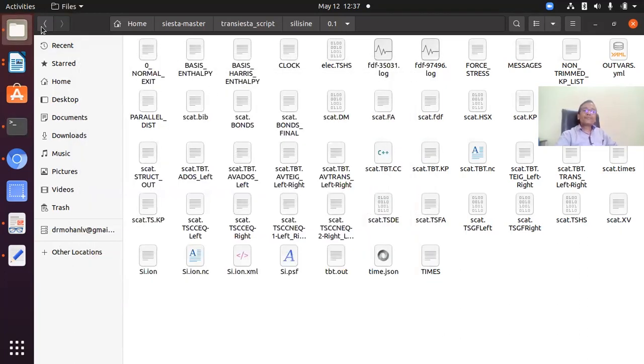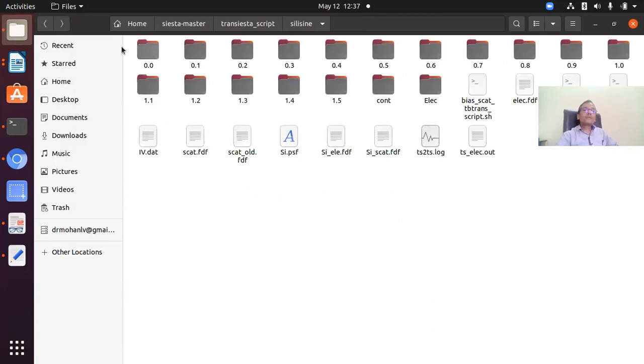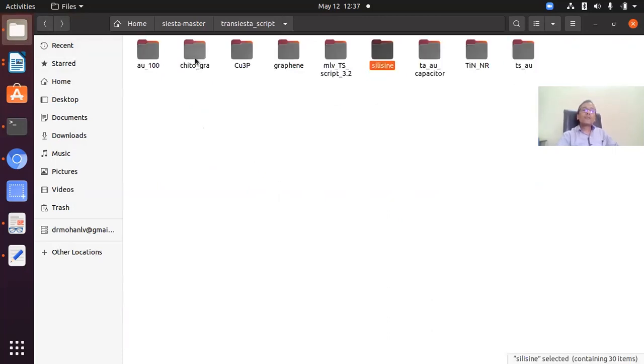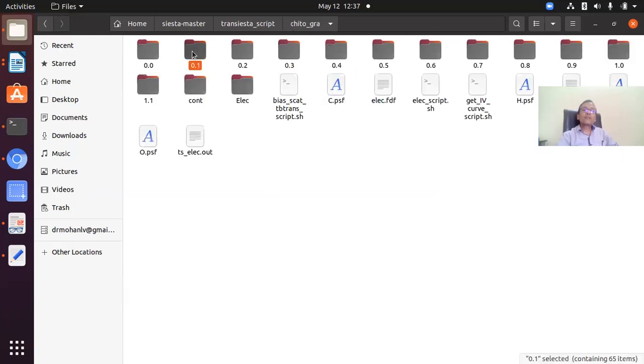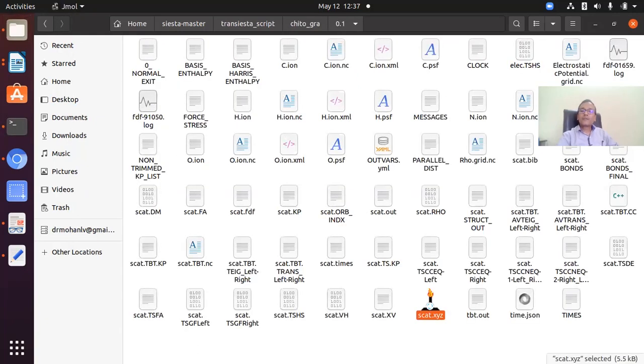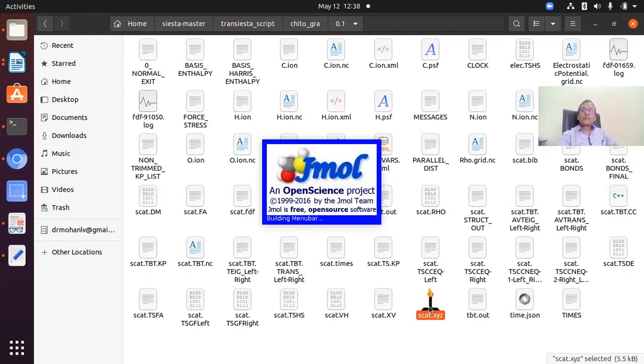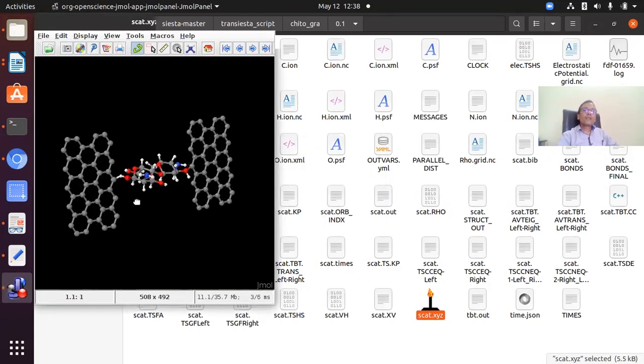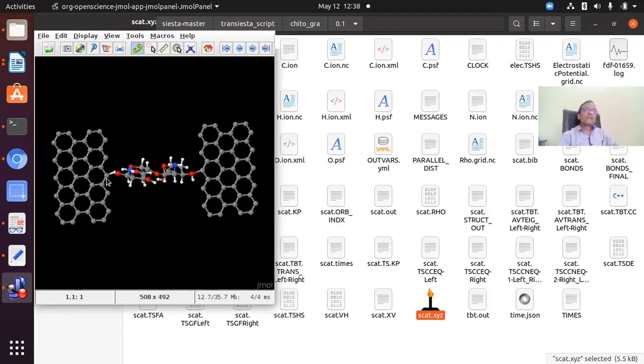Anyway, I have tested this for different systems, and also the ketosane molecules, so one can study this. This is the electrode. I have taken one layer as electrode and one layer as buffer, and this is the ketosane molecule. So for molecular switching type of properties or molecular electronics, you can use this script, or you can use this TranSIESTA to study this IV characteristic.